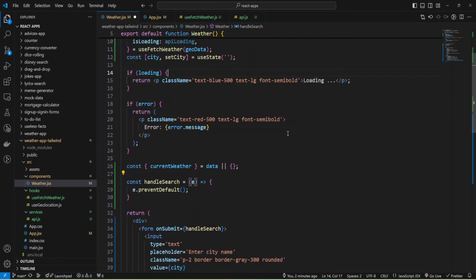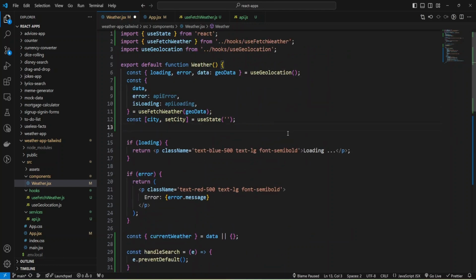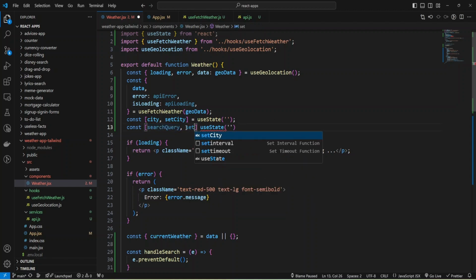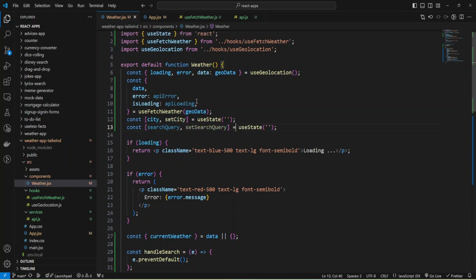And we need one more state variable with the useState hook with an empty string, and this will be the value for our query. And we'll set the query after the user pressed this search button. And I'm going to use the name searchQuery, and the function will be setSearchQuery.